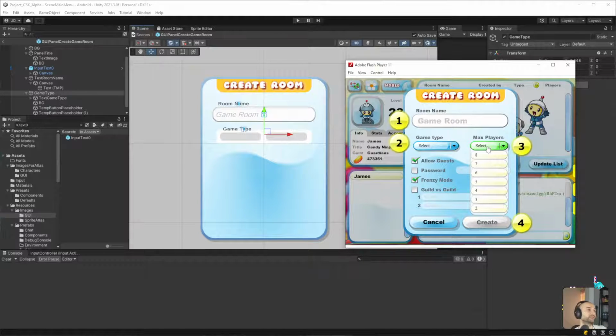Because even if I implement... I can actually do a very simple solution now that I think about it. What I can do is make another panel, have a button that'll say max players, right? And it'll show whatever the max players is. And then if you want to change it, you click on it and it will give you another pop-up panel, and the pop-up panel would basically be your selections 2 through 8.